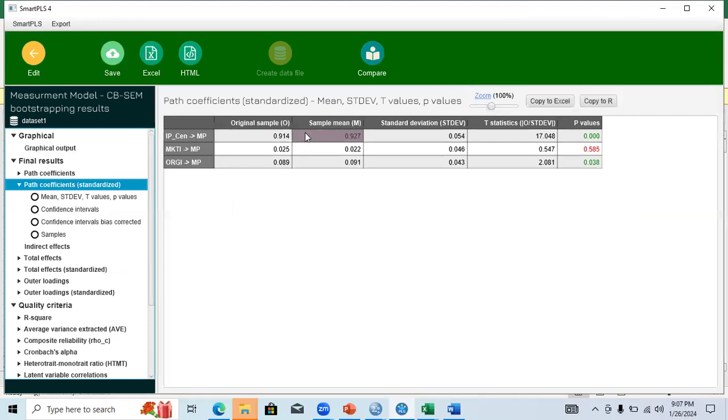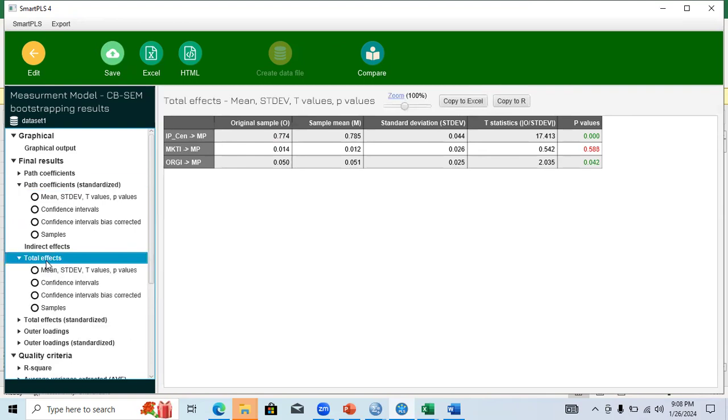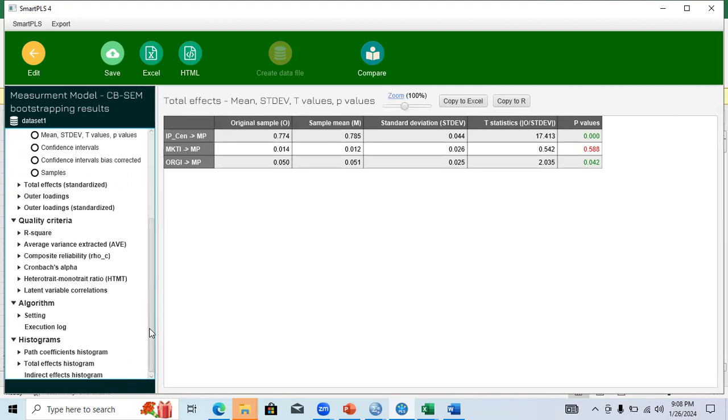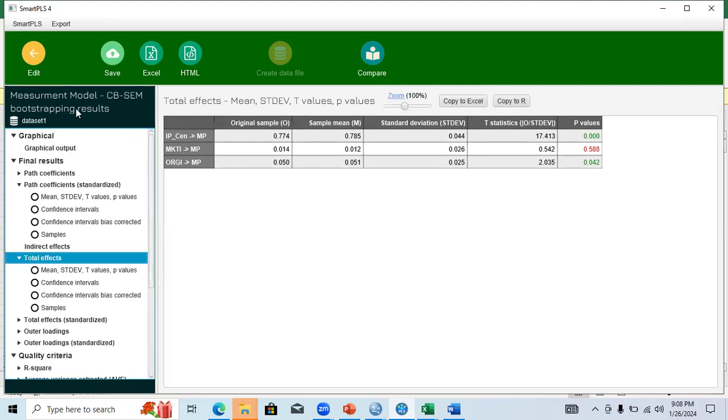So it is showing a significant interaction impact, and it indicates that if you consider IP as a moderator, it will increase the impact of MKTI and ORGI on MPs. Here you can see the total impact also showing the same. And there is no need to see the specific indirect effect, and it is also not showing over here. So this is how you can interpret your results.